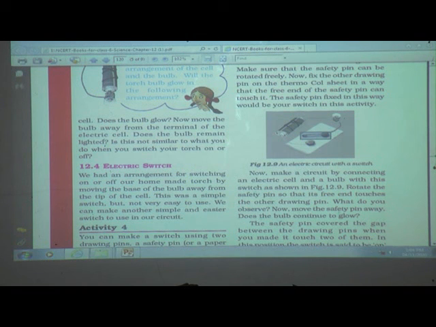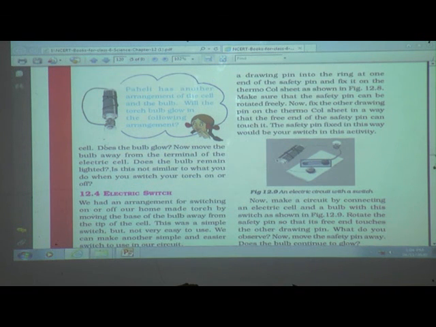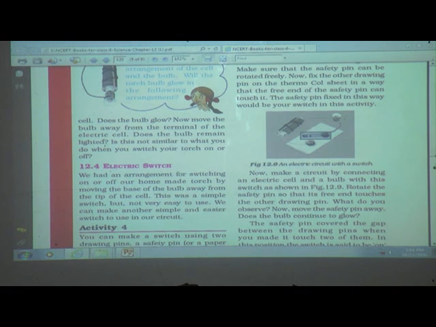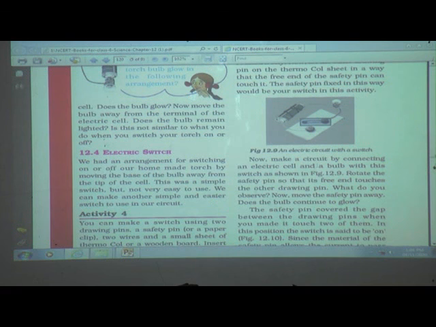Does the bulb continue to glow? No. Here when we fix the pin to the other drawing pin, that time the bulb will glow. But when we remove the safety pin from the one drawing pin, that time the bulb will not glow.